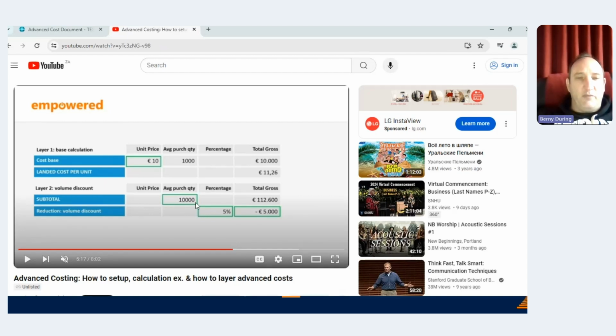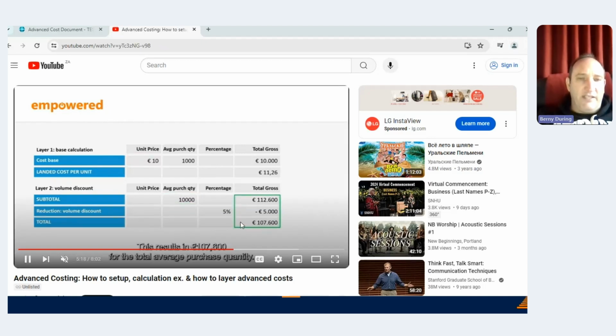So the supplier says to me, if you buy 10,000 items in the next 3 months, or if you buy 10,000 items in the next 1 year, I will give you a 5% discount. Now, I'm fairly confident that I will actually be buying that volume. So I want to apply that volume already at an earlier stage so that I get an actual reduction at an earlier stage in my cost. So I create a second layer. I create a reduction line where I already apply that volume discount, and I tell the system, listen here,